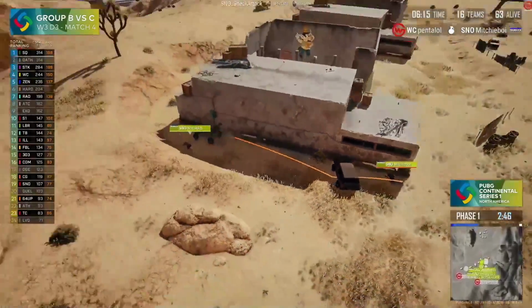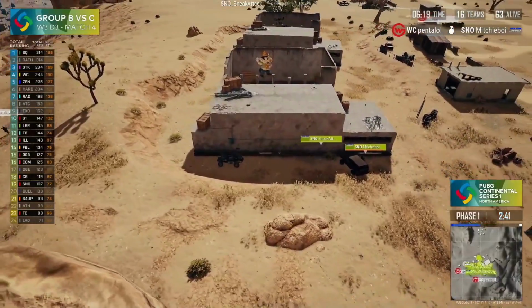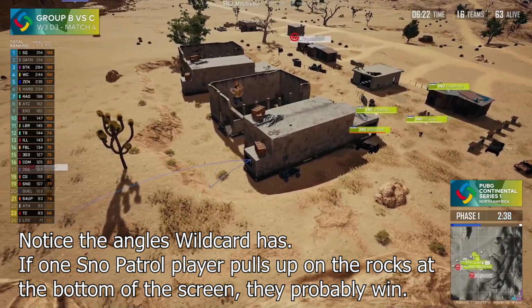As our fight begins, Snow Patrol pulls up on the compound and is immediately welcomed with a great grenade throw from Pentalol of Wildcard. Now very quickly, I want to take note of the positions of all the players currently involved in the fight. All 4 members of Snow Patrol have now entered the compound. There's one Wildcard player right there at the bottom left of your screen who threw the grenade, and another one on the top of your screen that is holding down the